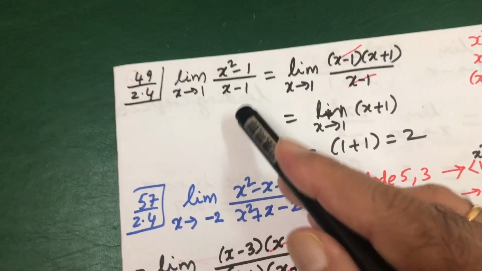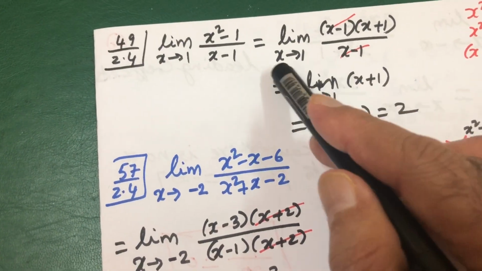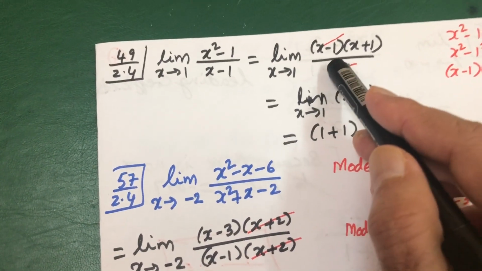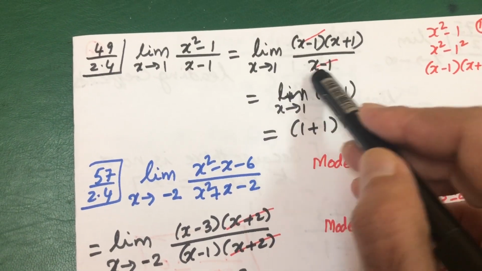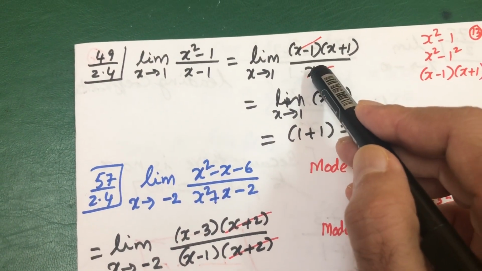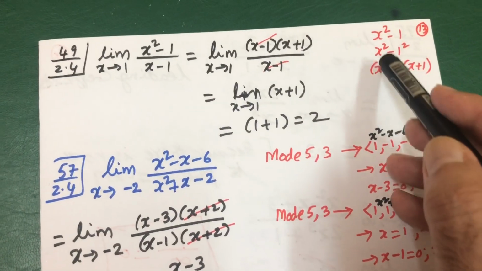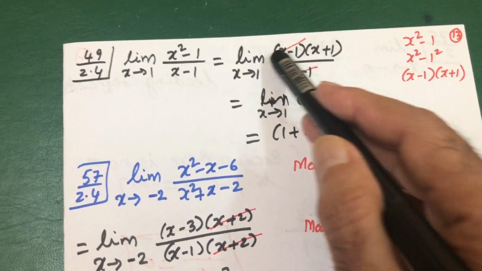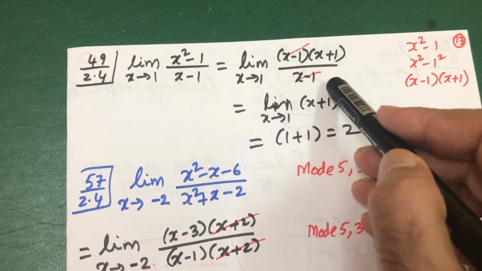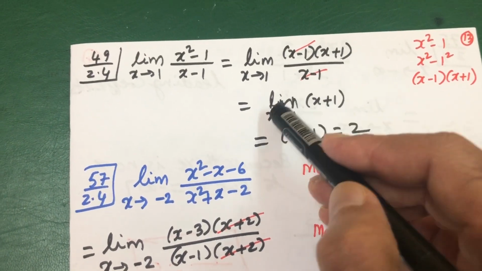But let us do it. x minus 1, because when I put x equal to 1, the denominator is becoming 0. How to do limit problems? Put x equal to 1 as long as the down is not equal to 0. So this x square minus 1, using the previous logic, a square minus b square, I write as x minus 1 into x plus 1. These two will cancel. I get x plus 1. So put x equal to 1.